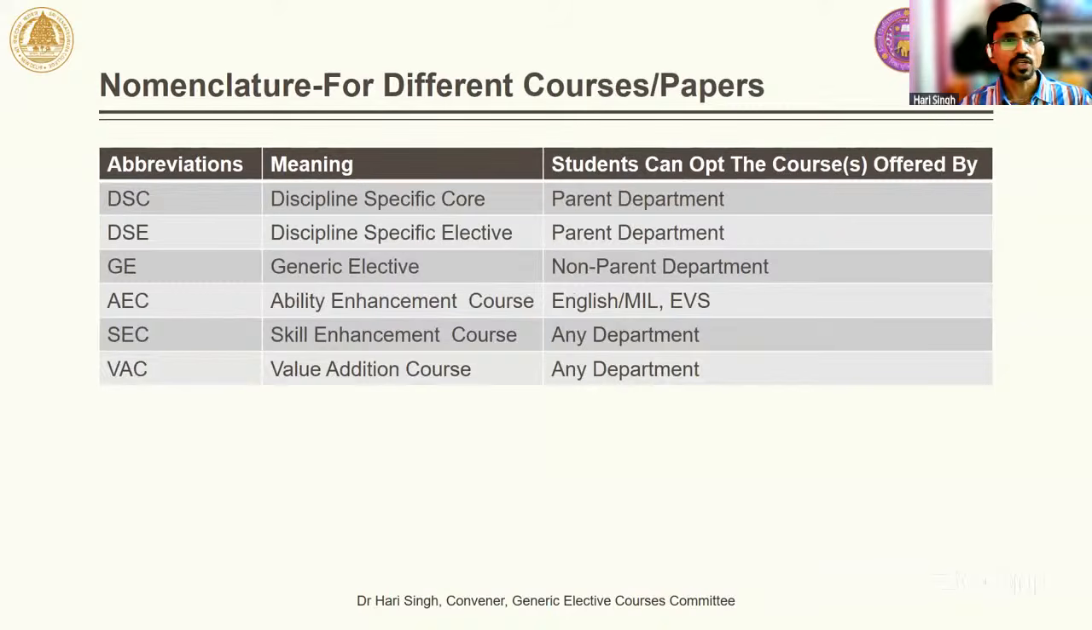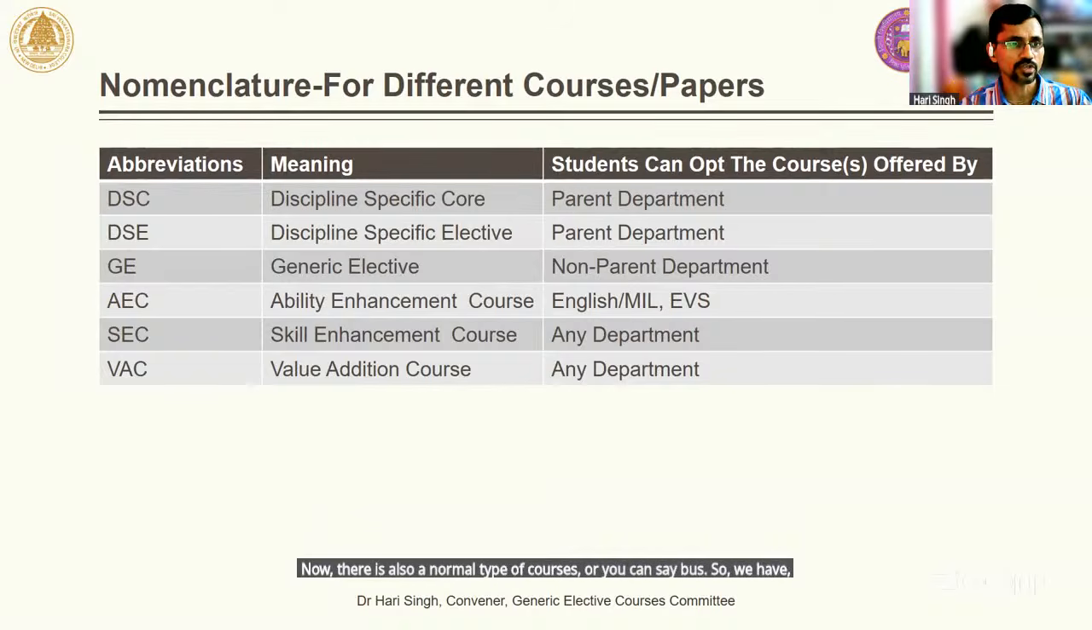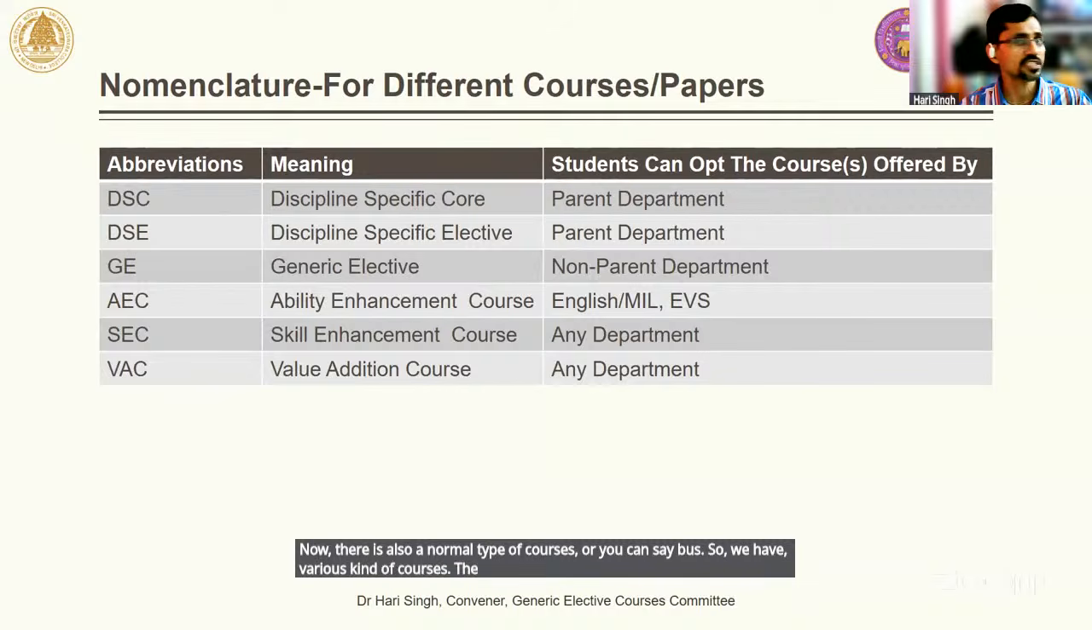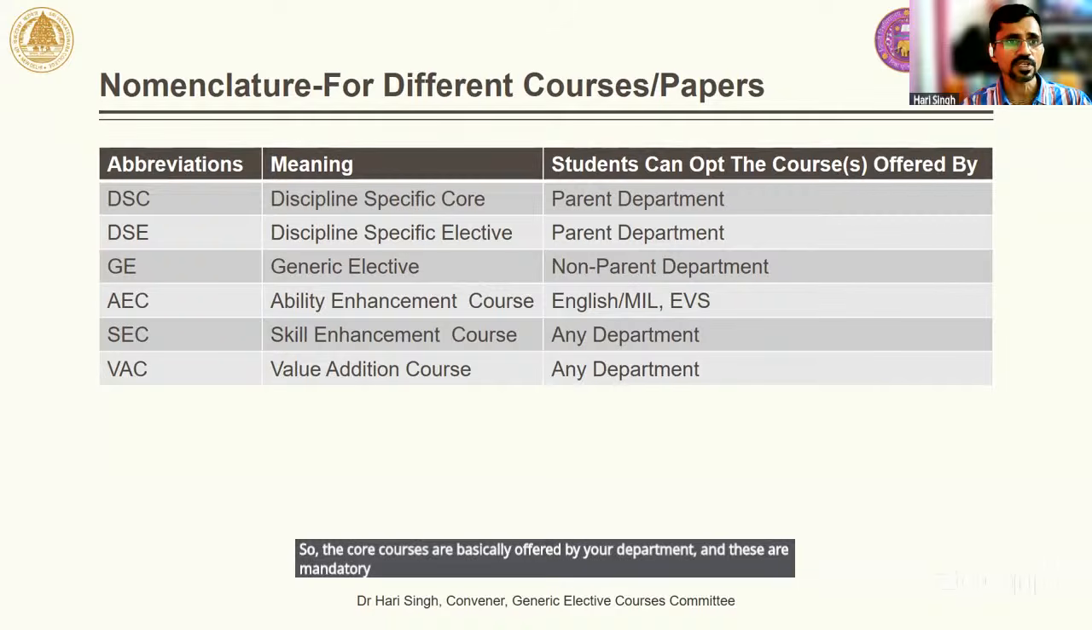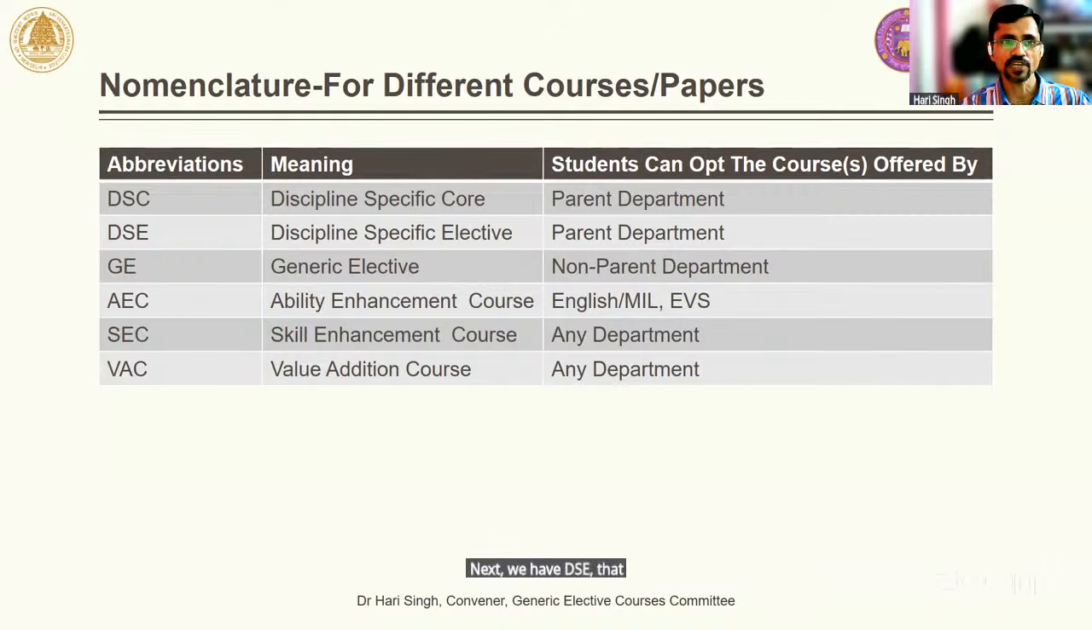Now there is also a nomenclature for different types of courses, or papers. The first one is DSC, that is Discipline Specific Core. A student can opt for these courses offered by the parent department only. The core courses are offered by your department, and these are mandatory in nature. Next, we have DSE, that is Discipline Specific Elective. So these courses are also offered by